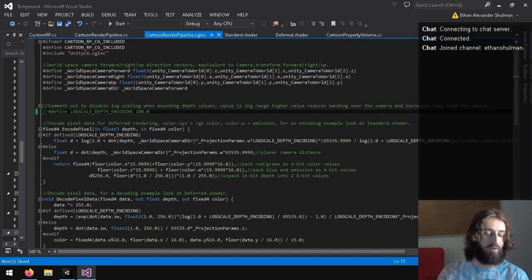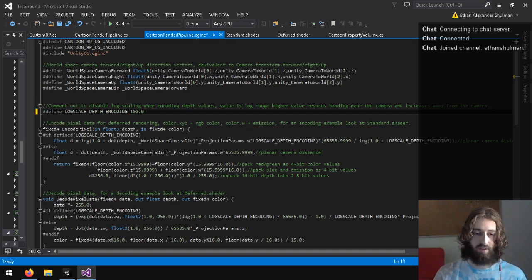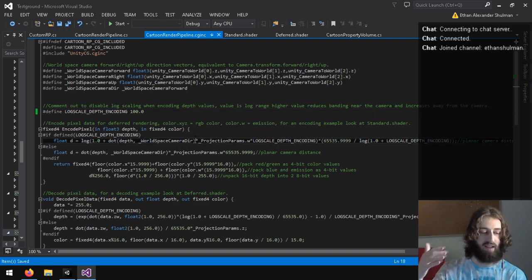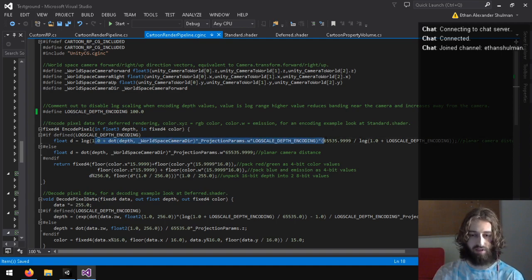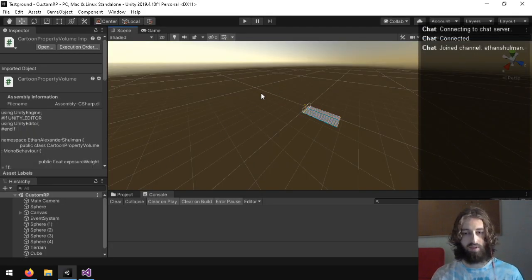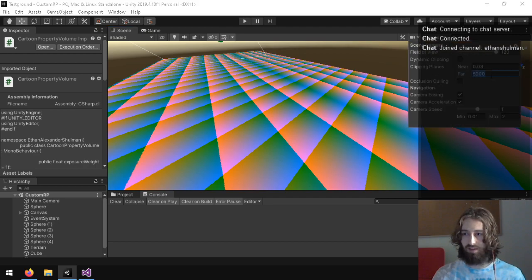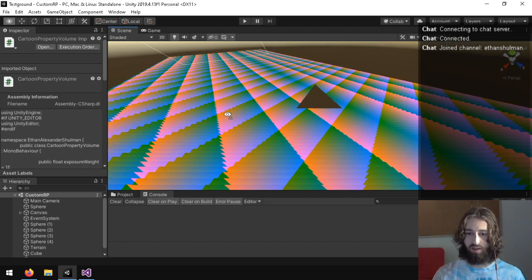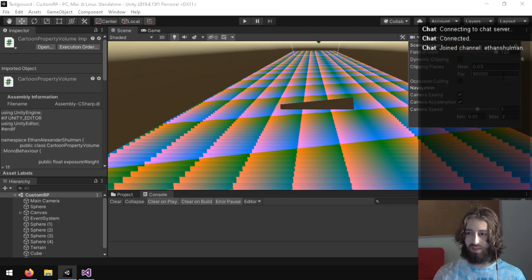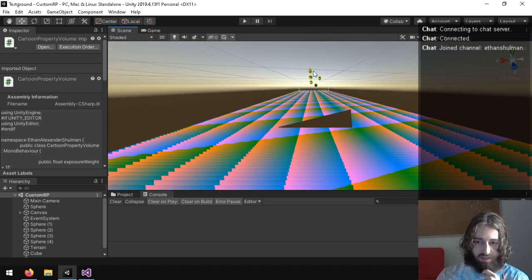And then you can also do this for encoding large scale values like in light maps. So I found a value of 100 to be pretty good. This basically does exactly that. It encodes the depth in a log scale, and then you decode that with exponent, because that's the inverse of log. And now you can get absolutely massive scales. The issue is though, at huge scales like 50,000, I actually figured out, I think this is actually the limit for